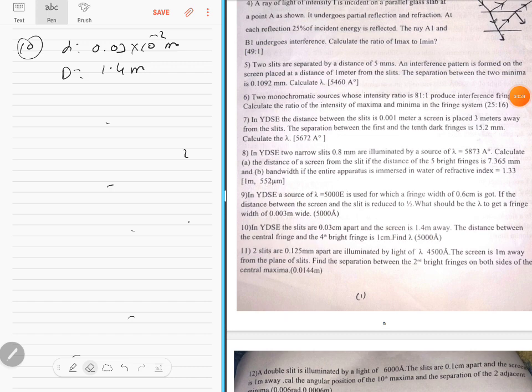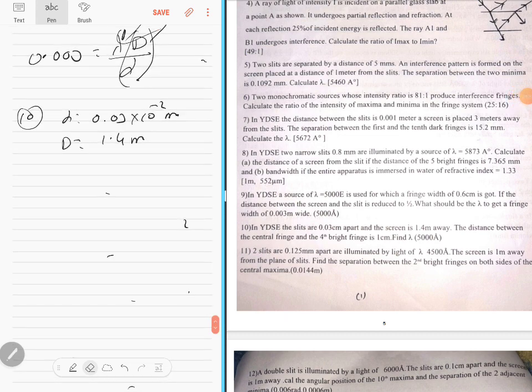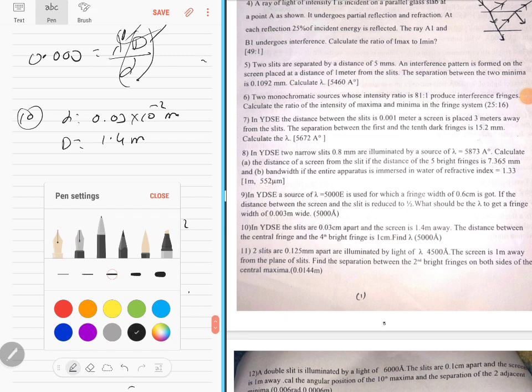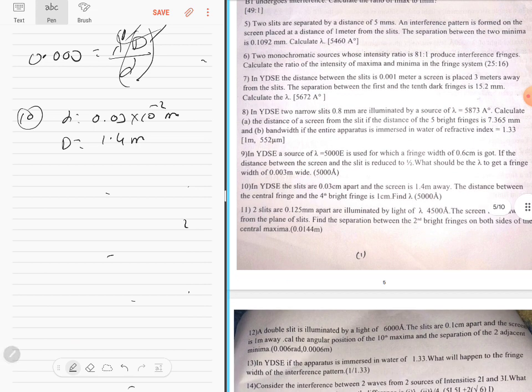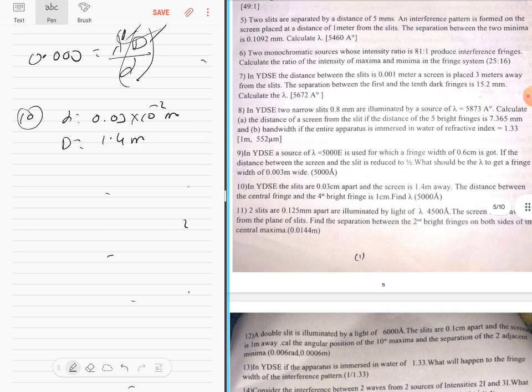Okay, now I understood my mistake. Look at this. They say from the central fringe. For the central fringe, n is not equal to 1. Whatever they've given you, and this is the 10th question, the central fringe and the fourth bright fringe, the distance of the fourth fringe itself